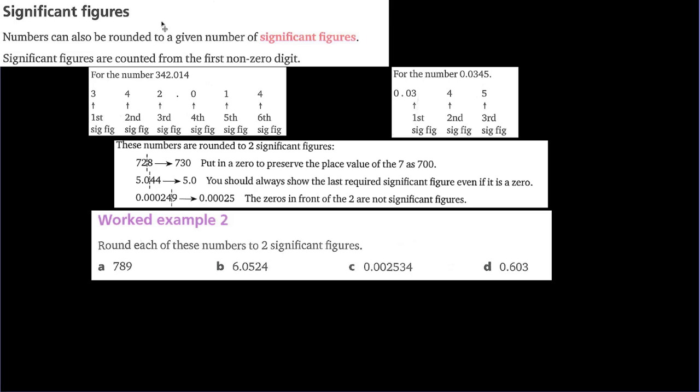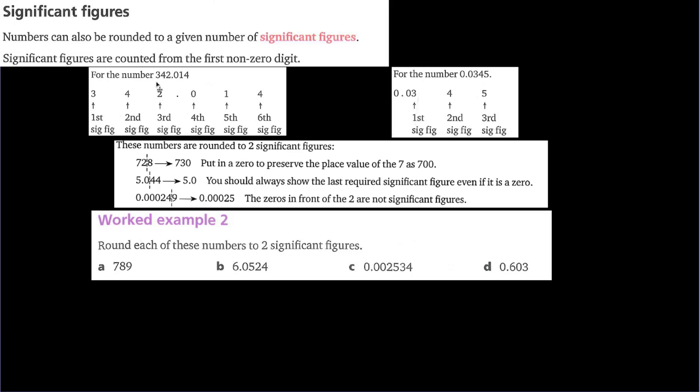What is a significant figure? This is the first time, maybe, for you. We are going to count the digits here as significant figures, but there is one rule for that. Significant figures are counted from the first non-zero digit. So for a decimal number